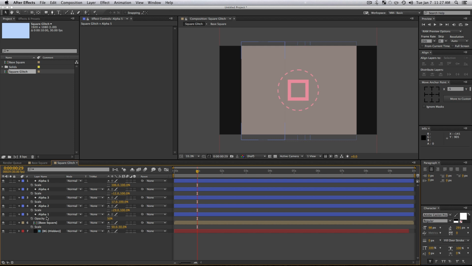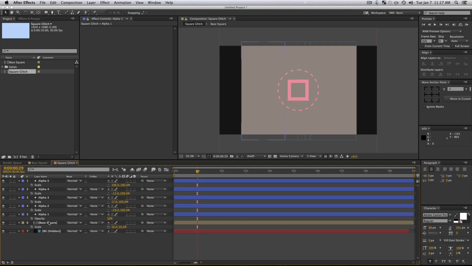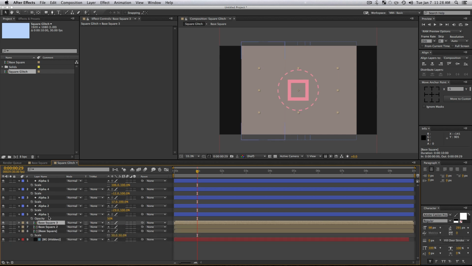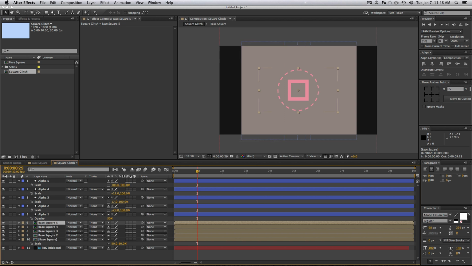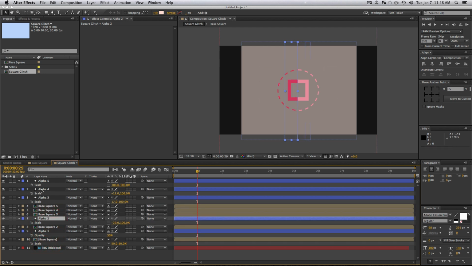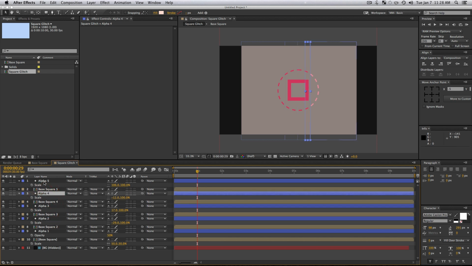And that is nice. Now what we're going to want to do with our alpha channel selected, well, I'll actually show you in a second why we're going to do this. So grab your base square and do Command D on your keyboard. We're going to do it 4 times, so we have 5 copies. So you should have base square 0, 2, 3, 4, and 5. And so now just alternate. We're going to drag alpha 1 above base square 0 or 1, and alpha 2 over base square 2, alpha 3 over base square 3, and alpha 4 over base square 4. Alpha 5 will keep above base square 5.